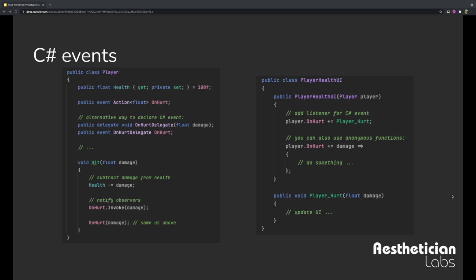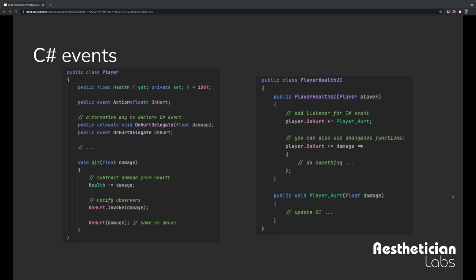The player health UI then subscribes by just adding its method to the onHurt event as a callback method, right? And so it will be called in the list basically exactly the same way as walking down that list and invoking it. You can also use anonymous functions. And so in C#, or languages with anonymous functions, you can say, I'm just going to add this inline function here that will handle this thing. And so you don't even have to have a function definition in your class or static method or whatever, right?